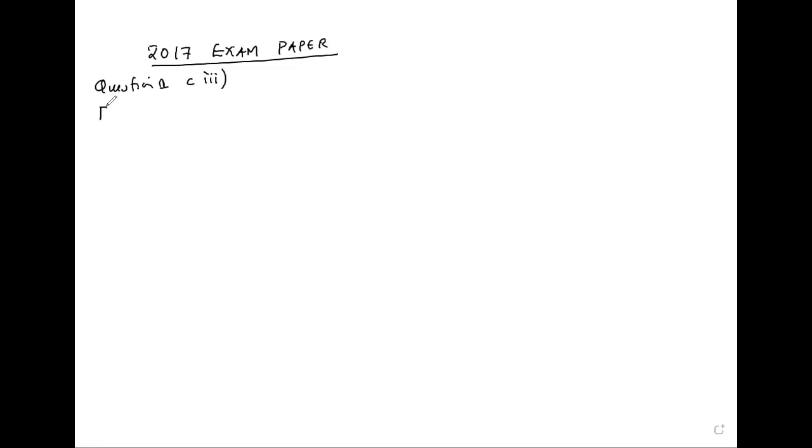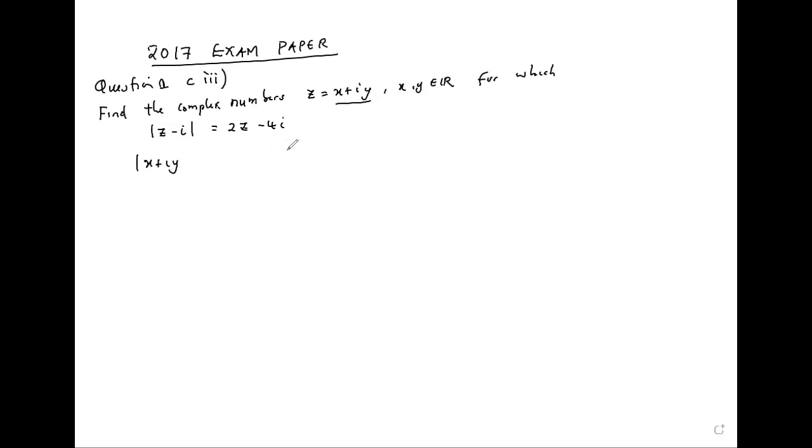Find the complex numbers Z is equal to X plus IY, where X, Y are real numbers, for which Z minus I is equal to 2Z minus 4I. Now being given that Z is X plus IY,